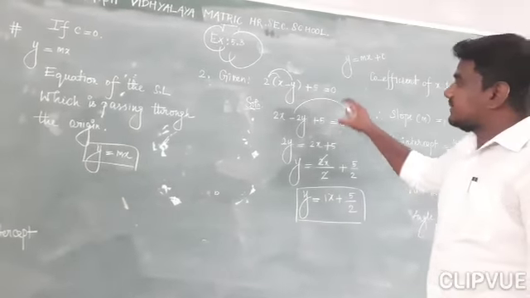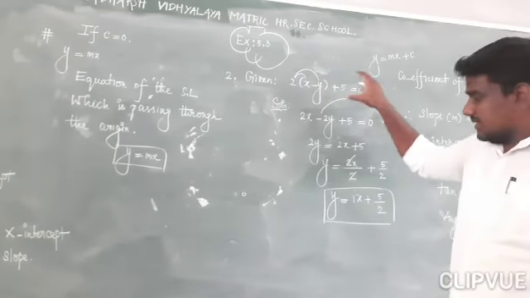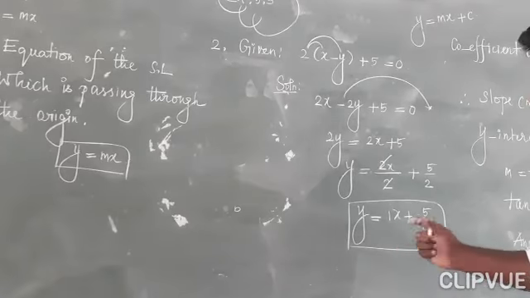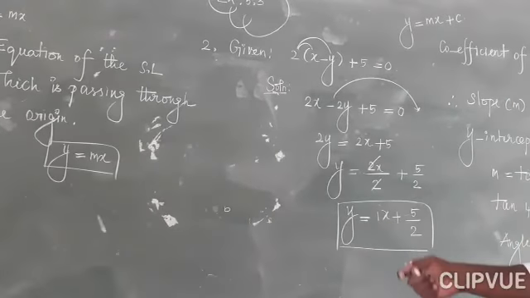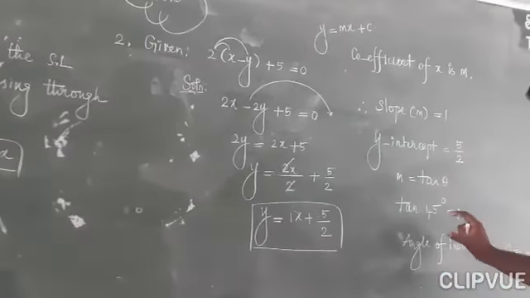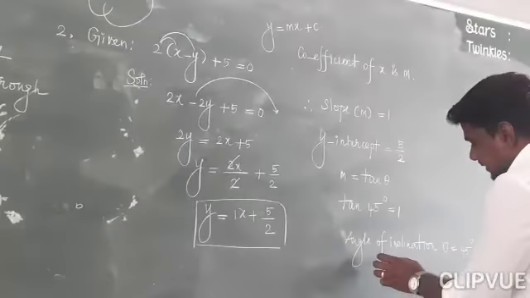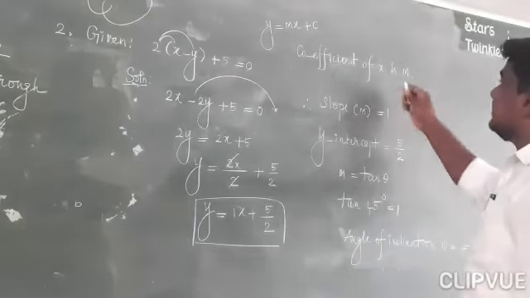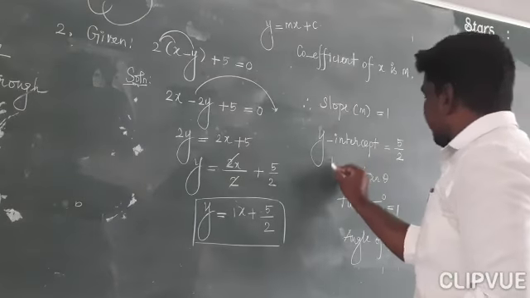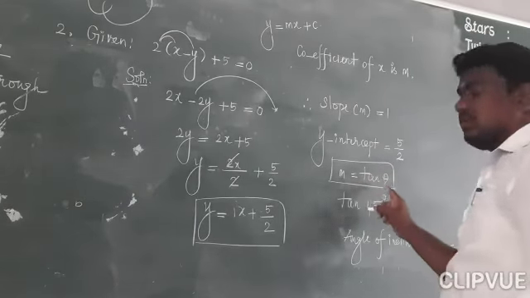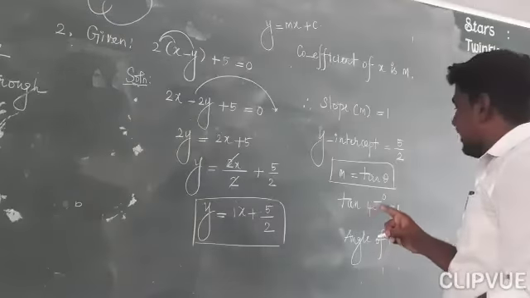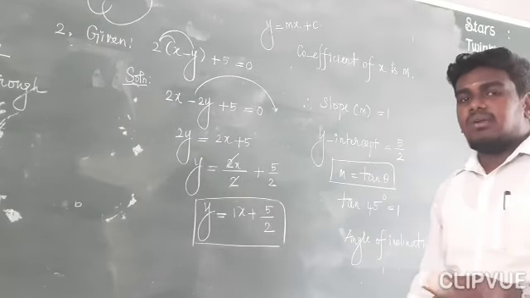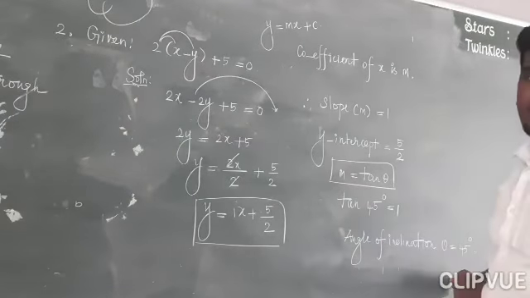Okay, this is one of the important 2 mark questions. Actually, what I did here is first I rewrote the given equation in the form of y equal to mx plus c. If you write it in the form y equal to mx plus c, you can identify what m and c are. And one more important thing, how to find the angle of inclination. I have taken this formula from the previous exercise: m is equal to tan theta. This concept you have already learned. So you must know the values of tan 0 degree, tan 45, tan 30, these things. Then only you can find the angle of inclination.